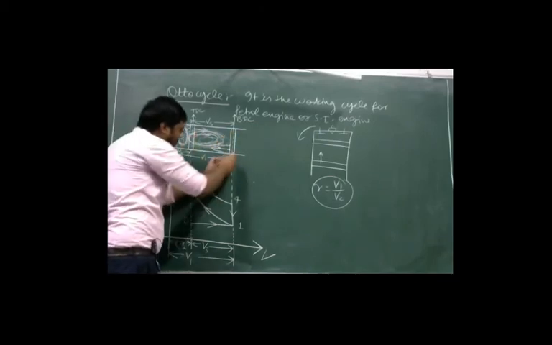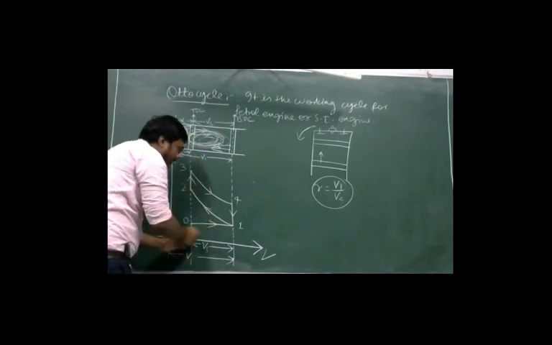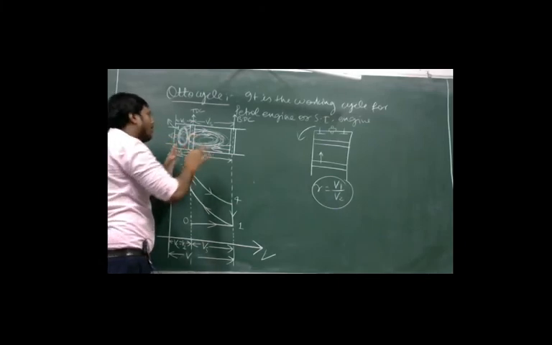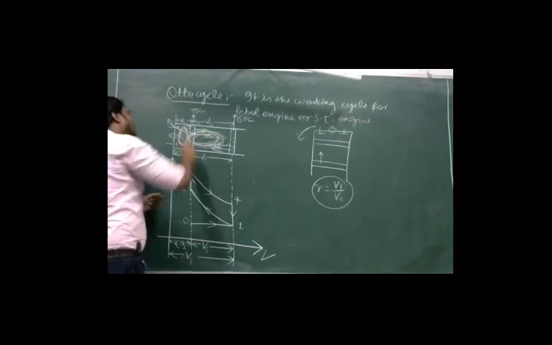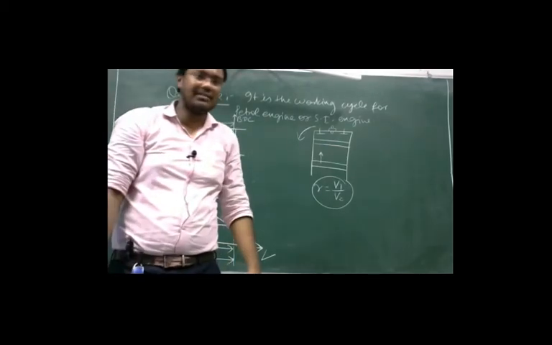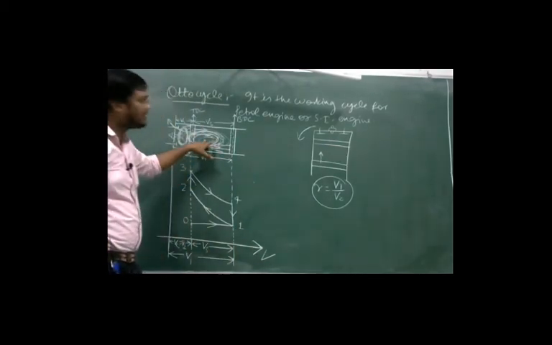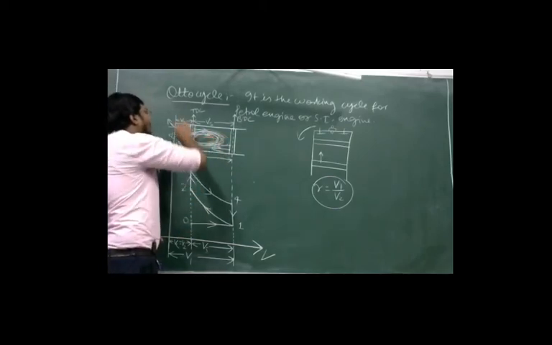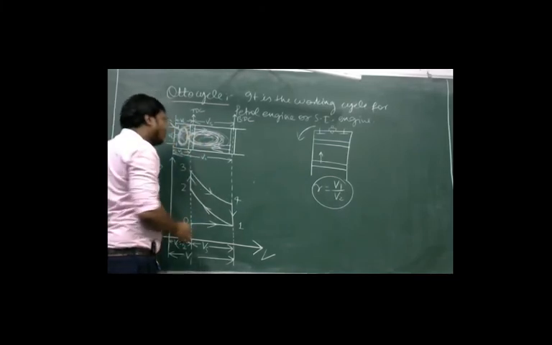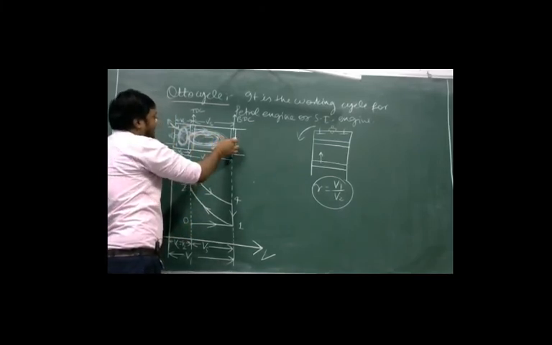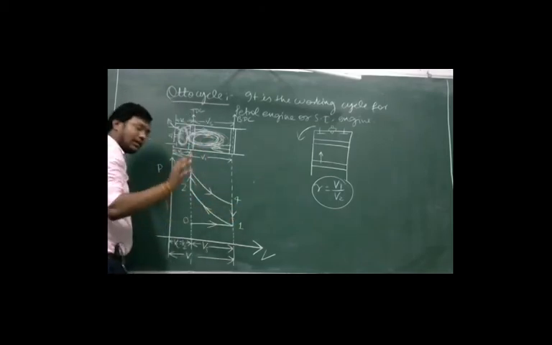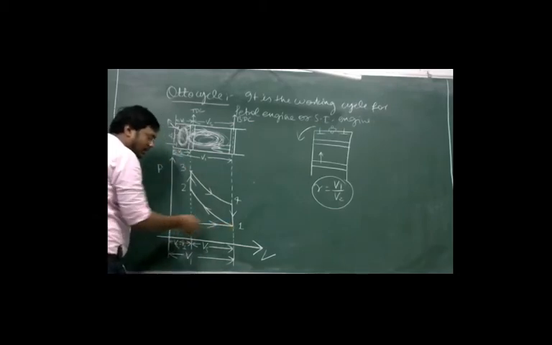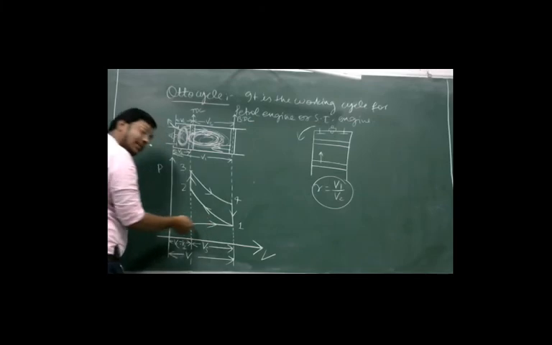So again we have to move from this line, the BDC line, to the TDC line, in this direction. While all these exhaust gases are going outside, the pressure remains constant. This process of exhaust takes place at constant pressure. The pressure of these exhaust gases will be equal to the atmospheric pressure. So we go from BDC to TDC, but at constant pressure, from 1 to 0, in this line only, because this process is a constant pressure process.